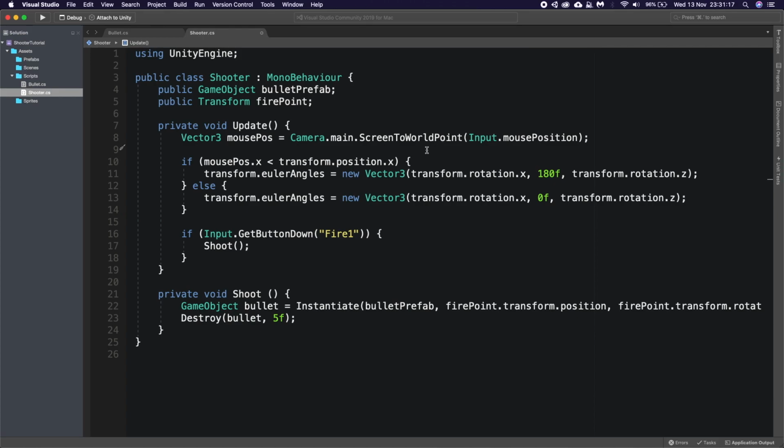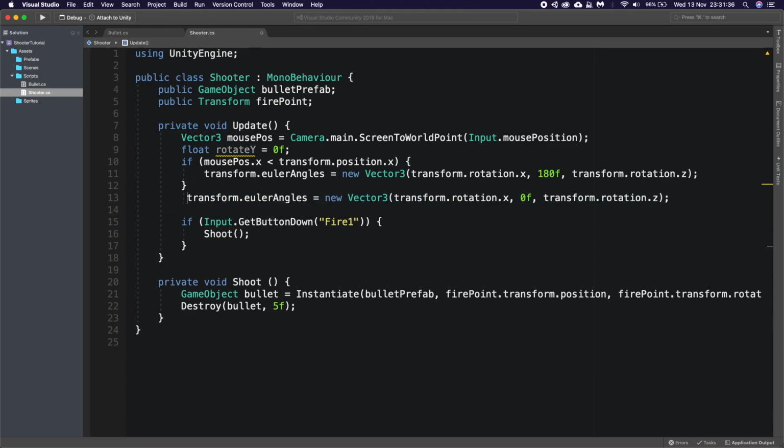There's definitely a better way we can do this. We can say here a float called rotate y is equal to 0f, and we can say down here, sorry, just move the code around.